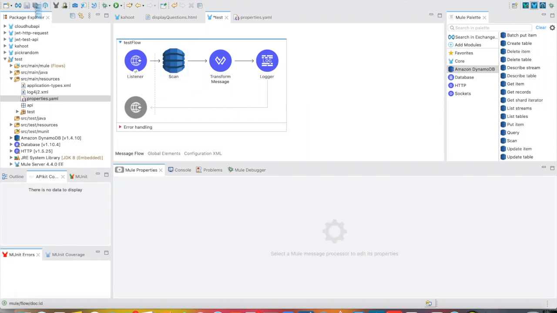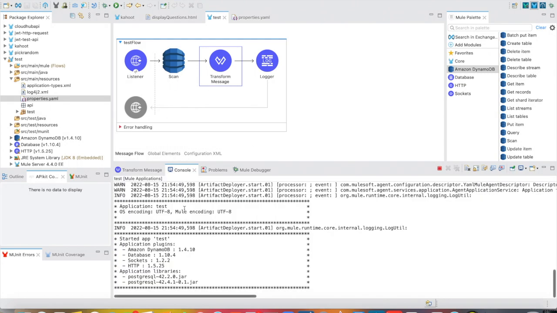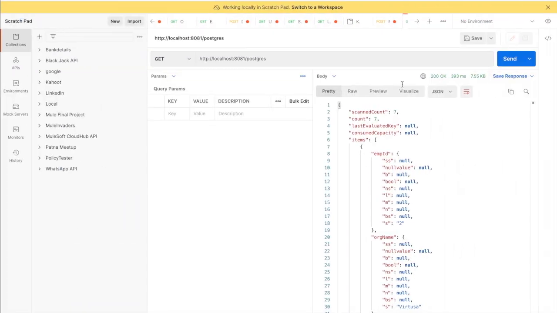And let me save this. In this Transform Message, I'm doing nothing, I'm just keeping application/json. This is also not required, but for future transformation it is necessary. So let me check if my application is redeployed. Yes. And if I send the request here, you can see how the output response is coming from